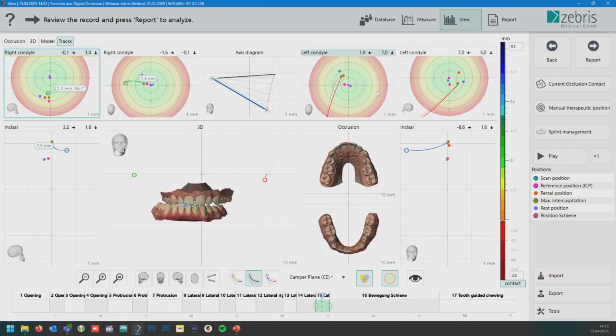And also a reason we implemented these gradient circles, so when you let your patient make a movement multiple times, you can see how stable their starting position is. And if they're still in the green area, everything is good. If it's in the yellow or red area, take a deeper look at the condyles and occlusion of your patient.